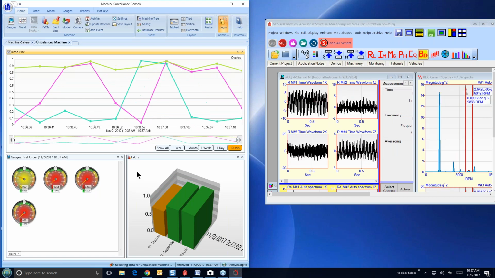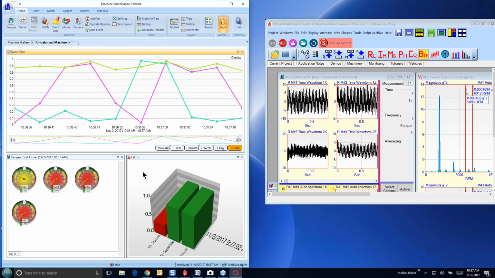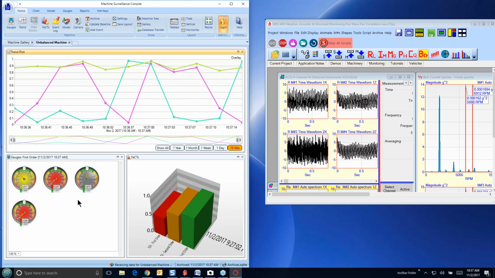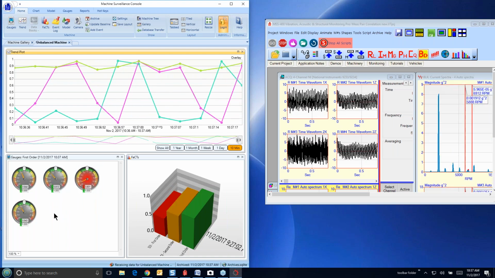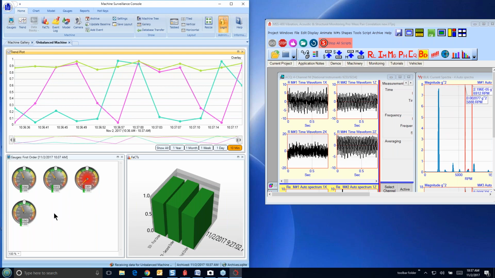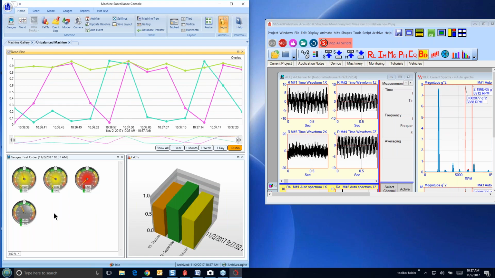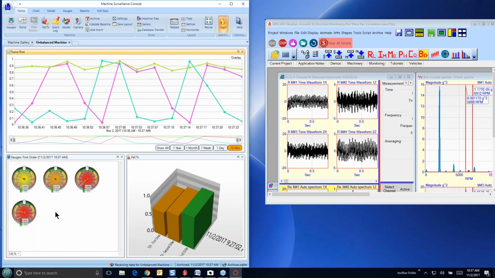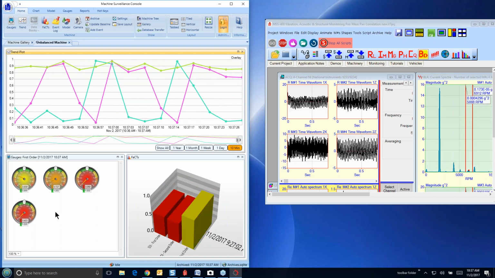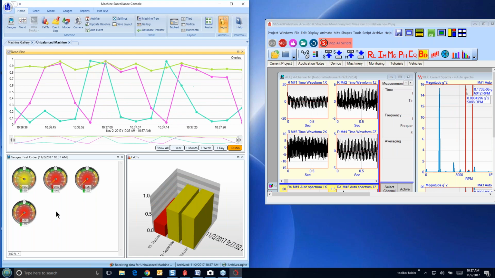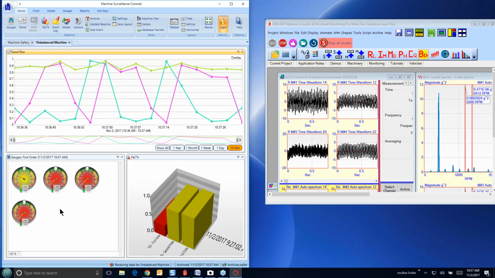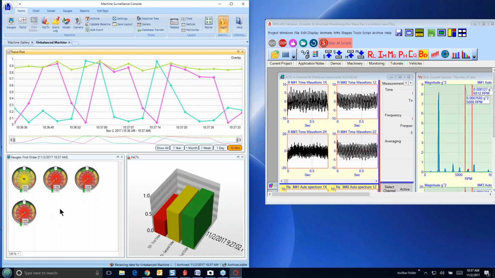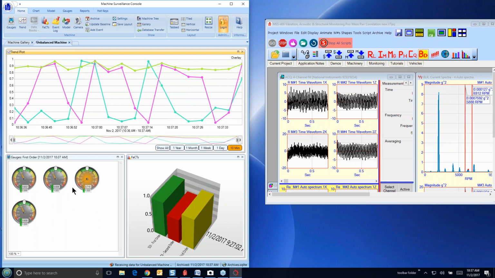So what we've got here on console are 3 different graphics windows. I've got gauges here. Those are my 4 accelerometer auto spectrum values, but what we're logging into the database are the SDI values.